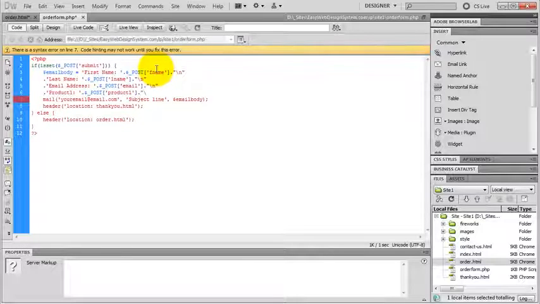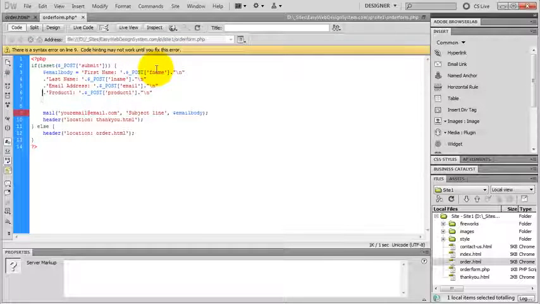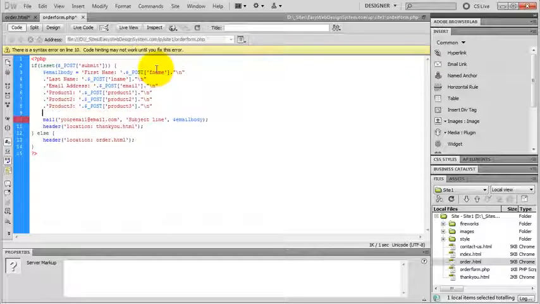Alt 92 backslash n. And I'm just going to copy this and paste it again. I'm just going to change the numbers. Here we go. Next, I go back to my form,